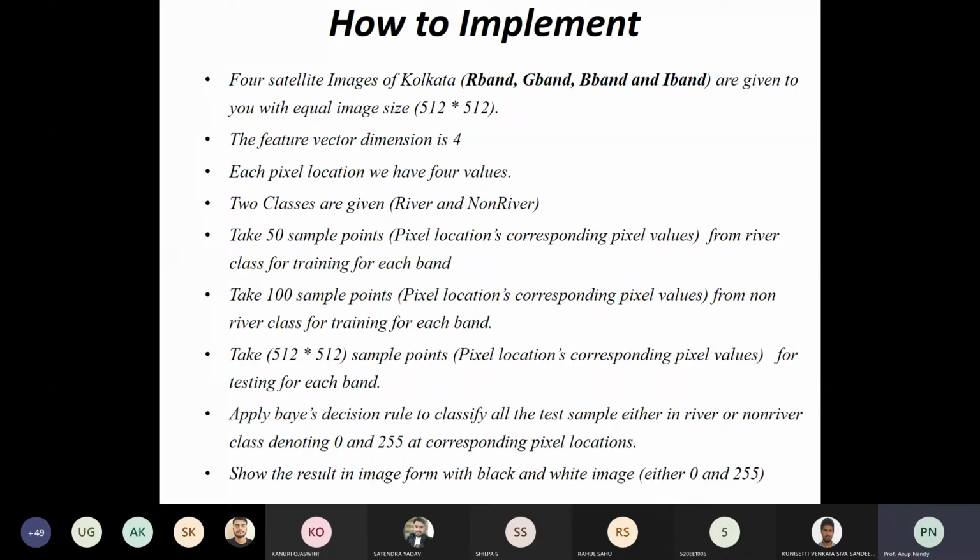Suppose your image size is 512 cross 512. It means that this image will contain the intensity values of a total of 512 into 512 locations. You have a rectangular grid, which is two dimensional, where each cell is a location, starting from i comma j, where i is from 1 to 512 and j is from 1 to 512. For each i and j location, you will put some values, and these values are called intensity values.